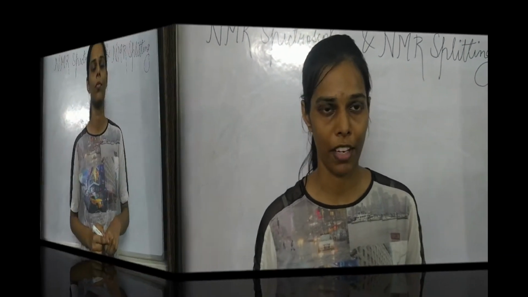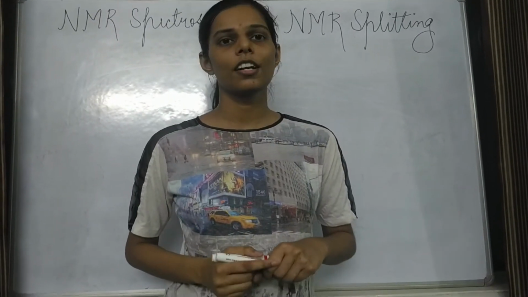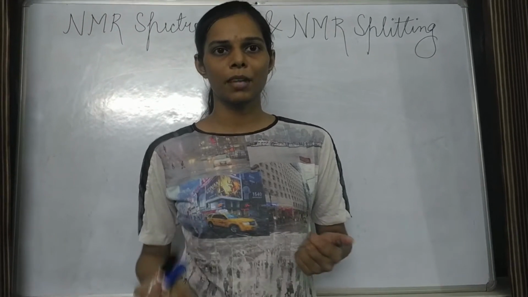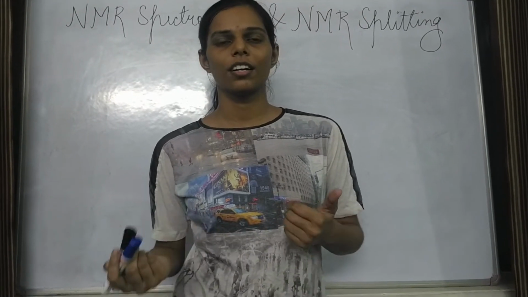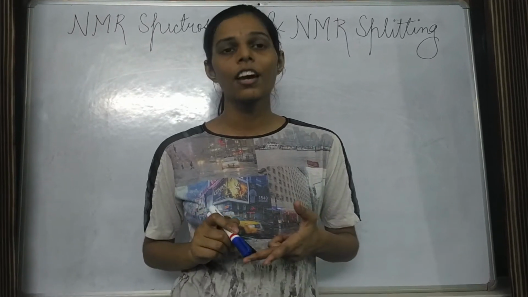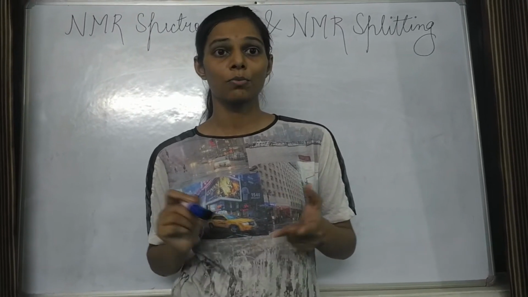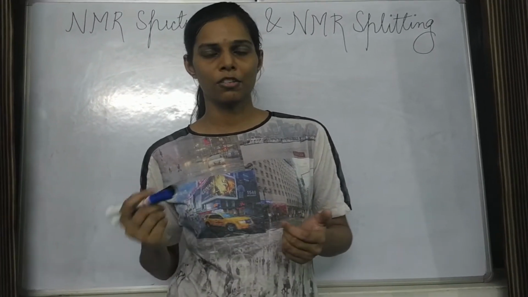And I'll start with giving a brief introduction about it so that students who have not read about it before can get some idea of it. So NMR spectroscopy is used to determine the structure and physical and chemical properties of a molecule. Other methods are also used to determine the structure like IR spectroscopy, mass spectroscopy and X-ray crystallography, which is used to determine the structure of large proteins. But this NMR spectroscopy has some advantages over these, which I'll be telling in this video.